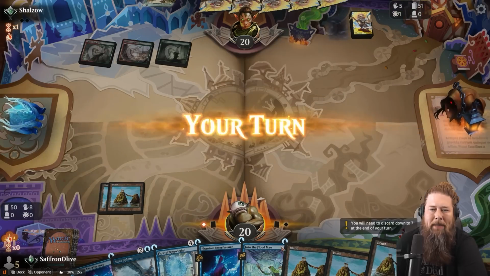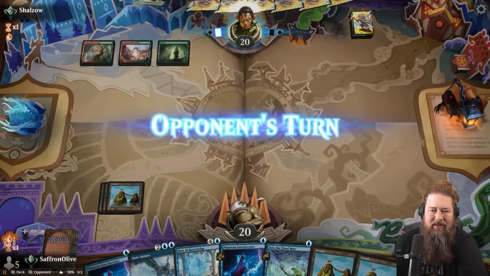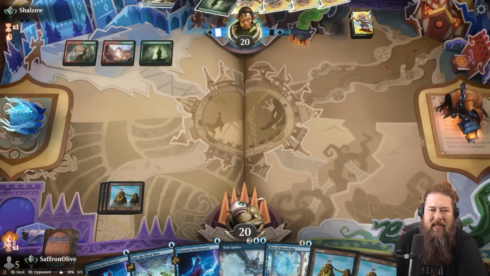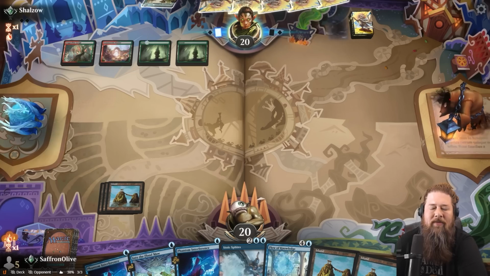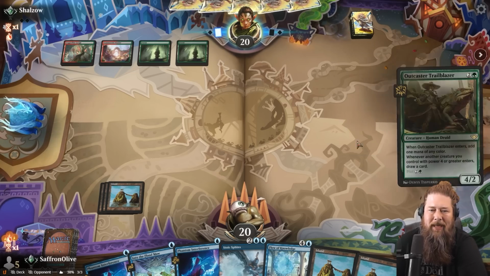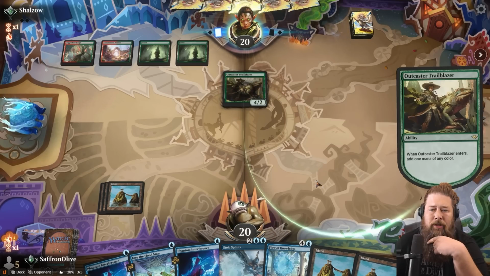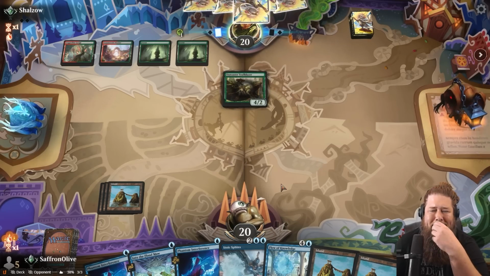Ooh, opponent gonna do some plotting of an Outcaster Trailblazer. Huh. Plotting is actually pretty powerful against us. Like, we would have just been able to Phantom Interference this Trailblazer, but now we can't. Opponent Outcaster Trailblazer. Sure. And